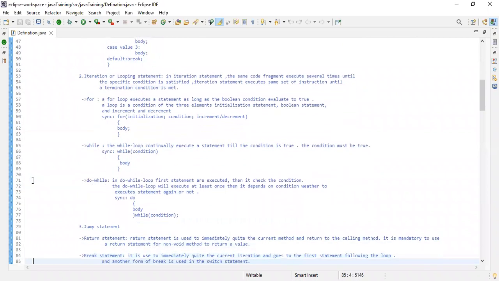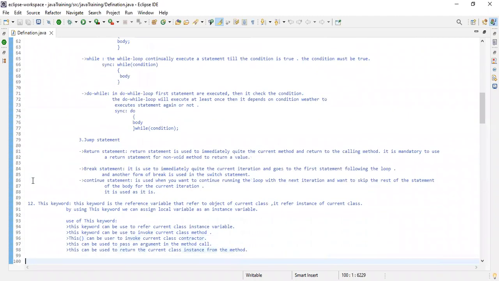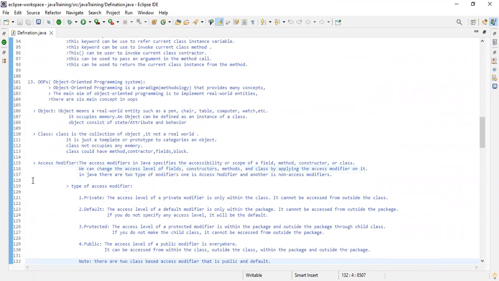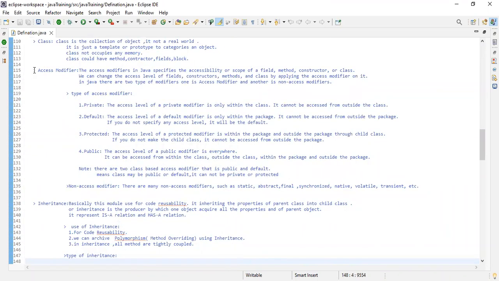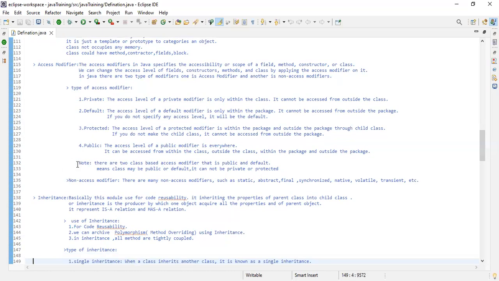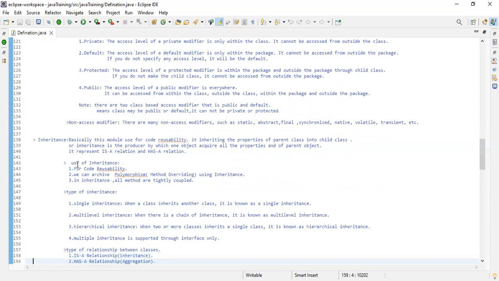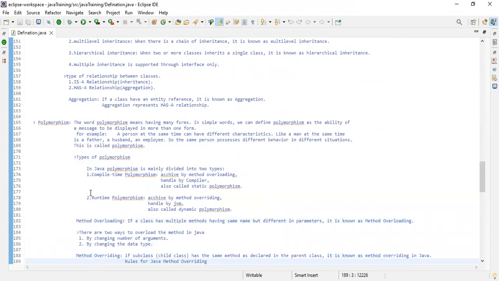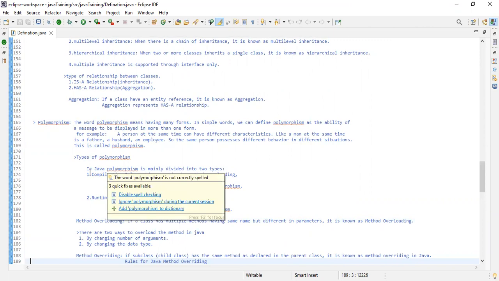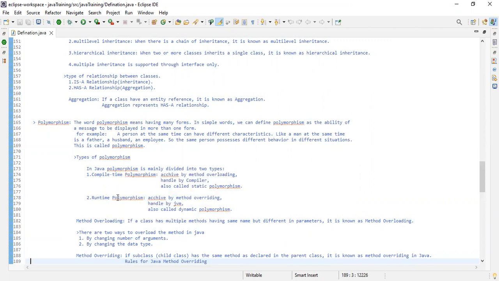So before starting today's session, let me recap the last session. Last session I covered what is an access modifier and inheritance, and that there are 4 types of access modifiers. All these topics were covered in the last session. And up to polymorphism: what is runtime polymorphism and what is compile time polymorphism. I covered compile time polymorphism. Okay, so today's session starts with